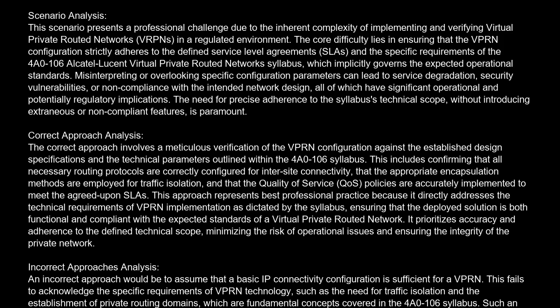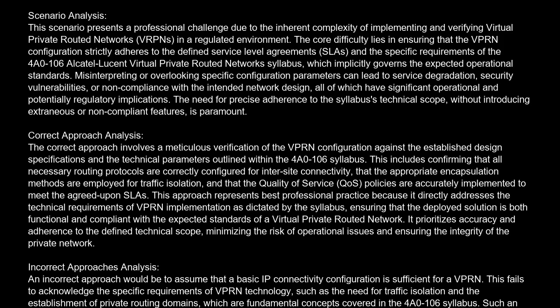Correct approach analysis. The correct approach involves a meticulous verification of the VPRN configuration against the established design specifications and the technical parameters outlined within the 4A0-106 syllabus. This includes confirming that all necessary routing protocols are correctly configured for intersite connectivity, that the appropriate encapsulation methods are employed for traffic isolation, and that the quality of service, QoS, policies are accurately implemented to meet the